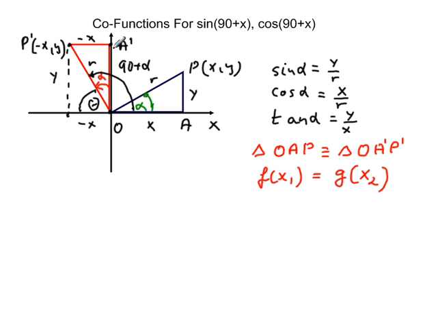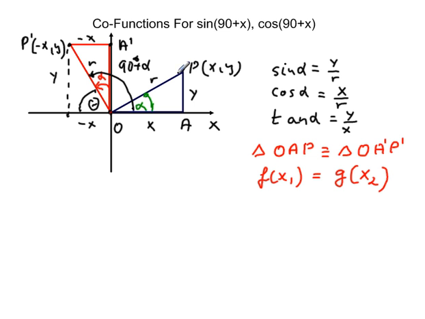The diagram on the screen shows a blue triangle, OAP, and a red triangle, OA prime, P prime. The blue triangle was rotated about the origin by 90 degrees. This is why the angle marked in black represents 90 degrees plus angle alpha. So the entire triangle was rotated by 90 degrees around that fixed point O to the left,